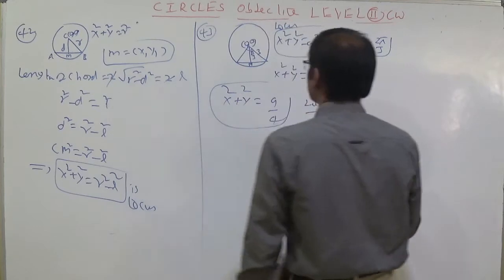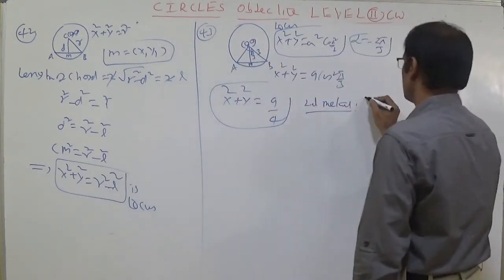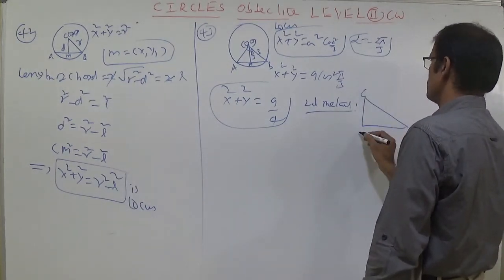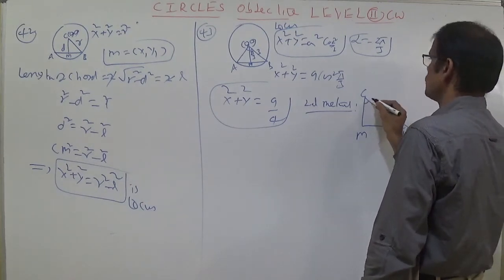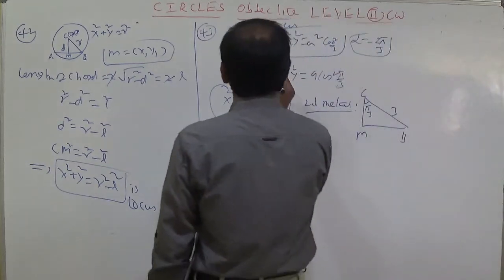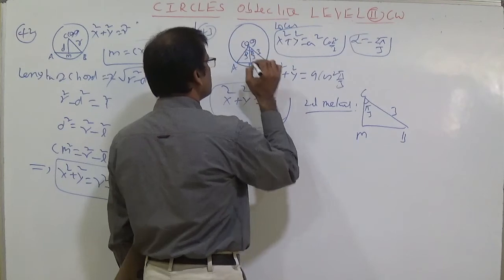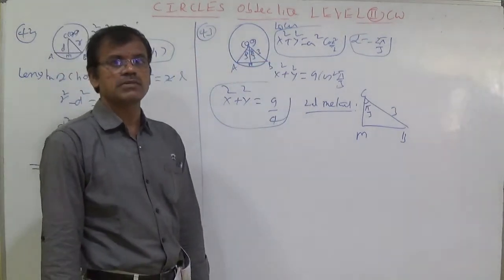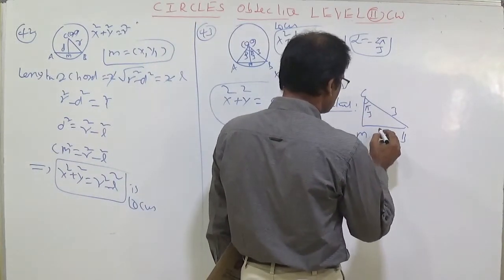Second method: this is A, this is B. Draw a triangle like this. This is the center C, this is M, this is B. The radius is 3 and the total angle is 2π/3, so the half angle is π/3. Whenever you draw a line from the center to the midpoint of the chord, it is the angular bisector. So 2π/3 becomes π/3. Now using this triangle,